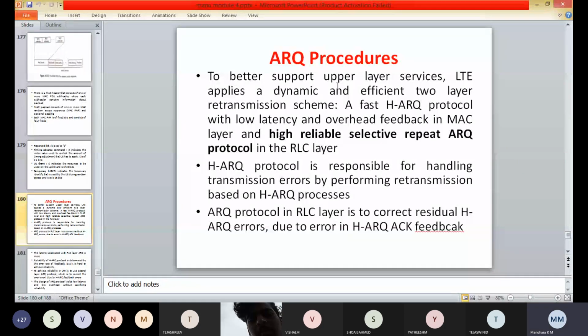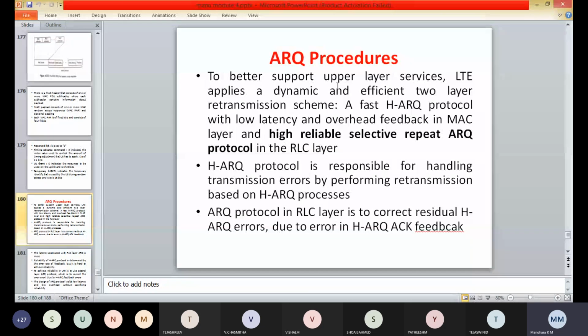So here the ARQ retransmission, which is triggered by a NAK for an AM PDU from its peer, or by the HARQ delivery failure notification from the transmit MAC entity, which can happen when the maximum number of HARQ transmissions is reached without any successful transmission of the transport block.